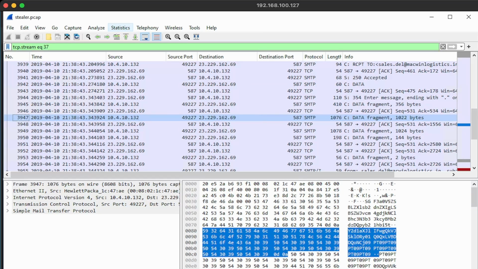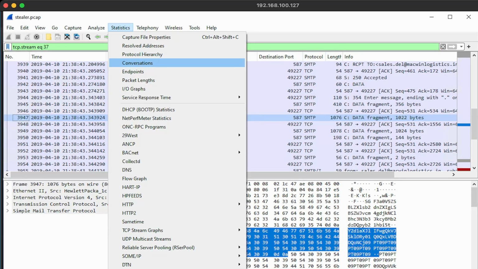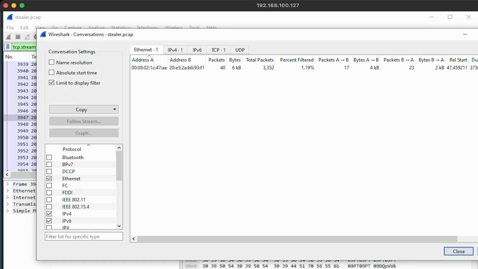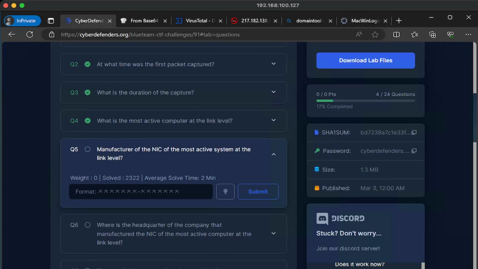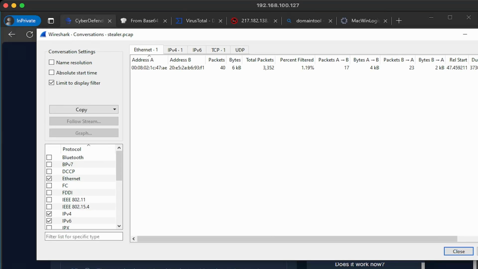We can get this information by clicking on statistics, conversations, and then we can copy the value of address A. I'll paste that in. Manufacturer of the NIC of the most active system at the link layer. Now, if we look at our layer 2 address, you want to take the first 3 bytes of the MAC address, which in this case is